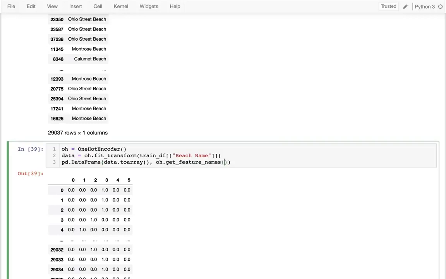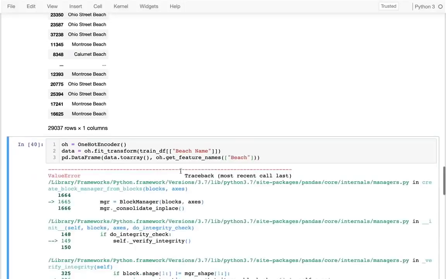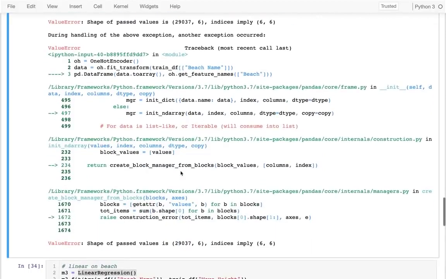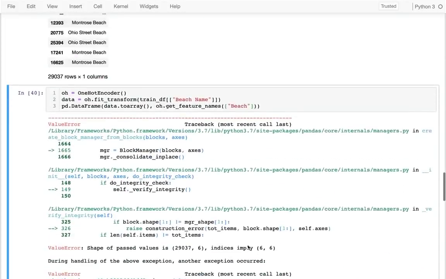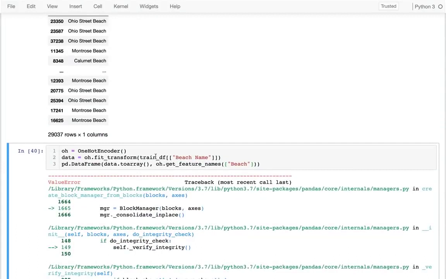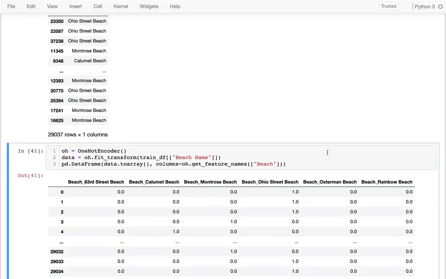like that, and then I have to tell it what I was originally operating with, and I guess that was the beach. And why is that unhappy? The shape of the values passed is this, and the indices imply something like that. I wonder what is going wrong there. I think my problem is that I need to say columns equals that. Okay,